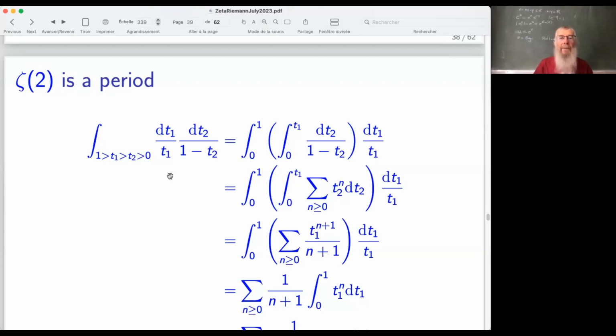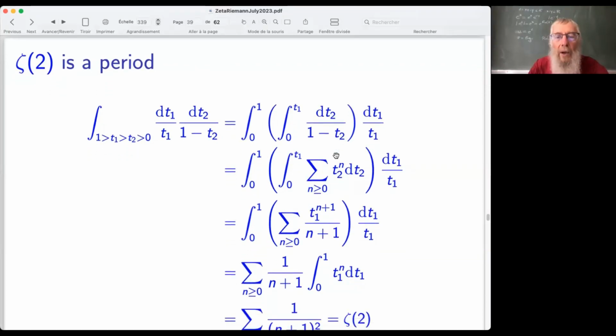And the proof is the following. What is this domain? We integrate for t1 between 0 and 1, and for t2 between 0 and t1. So t1 goes between 0 and 1, and t2 goes from 0 to t1. We will integrate dt1 over t1, and here for t2, we integrate dt2 over 1 minus t2. We expand 1 over 1 minus t2, as usual. We have this series, and now we